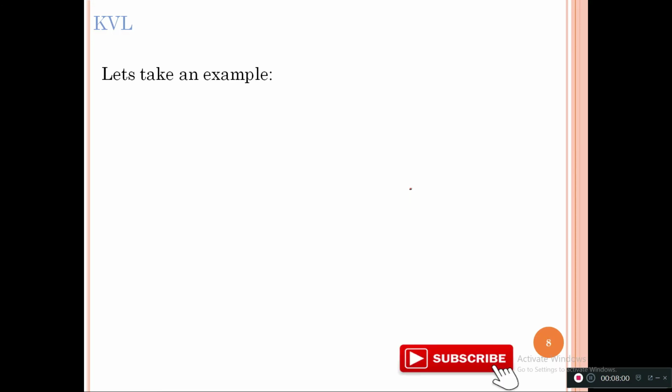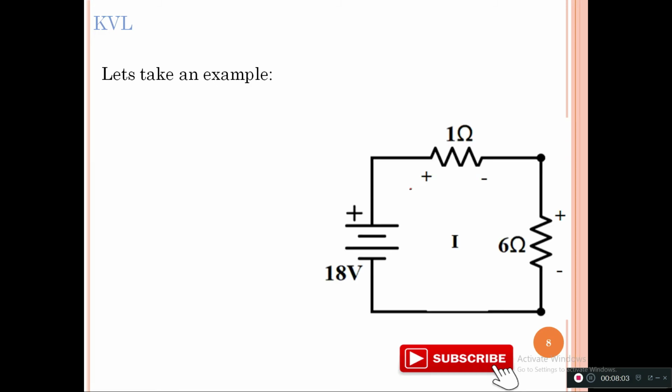Let us try to understand this with this example. As you can see, I have taken a circuit where 3 components are present: an 18 volt source, 1 ohm resistance and 6 ohm resistance. Here I have also taken a current I, and now I am introducing the direction of the current with the orange arrow. This example I am taking to explain the difference between conventional current and electron current. We have been discussing for the last 2-3 lectures that electron current opposes the direction of conventional current. Conventional current direction goes from positive terminal of battery to the negative terminal of battery. This is also known as the passive sign convention.